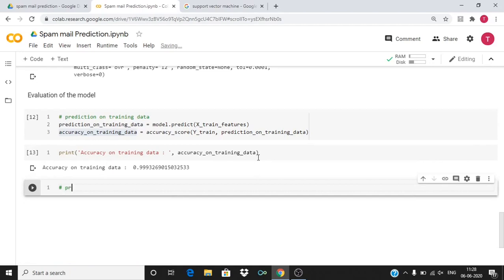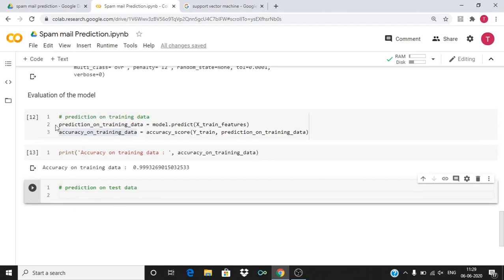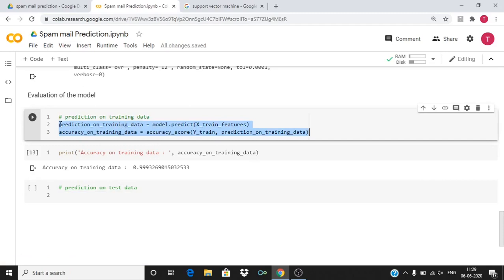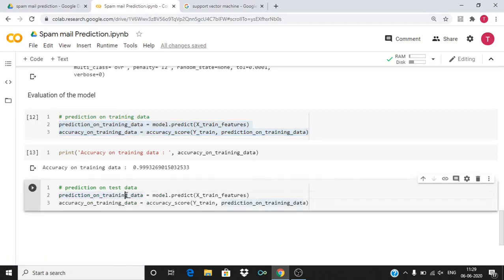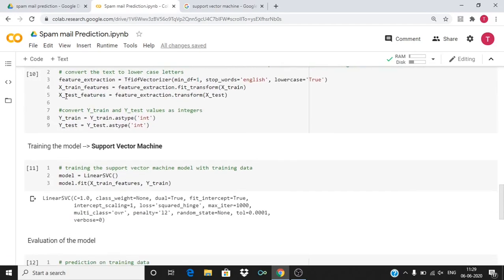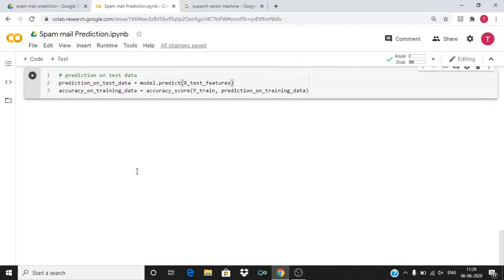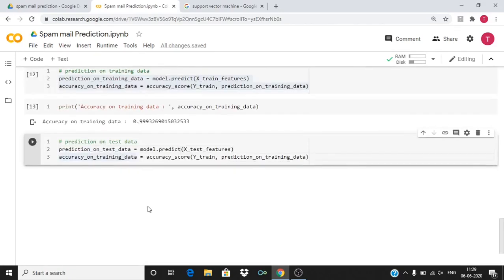But the accuracy score on the training data is not that important because the model has already seen the data, and the prediction on test data is important. We need to check how the model performs on data which it has never seen before. We didn't expose the model to the test data set. So we shall go ahead and predict the X test with our model. Prediction on test data is something that shows the goodness of our model.